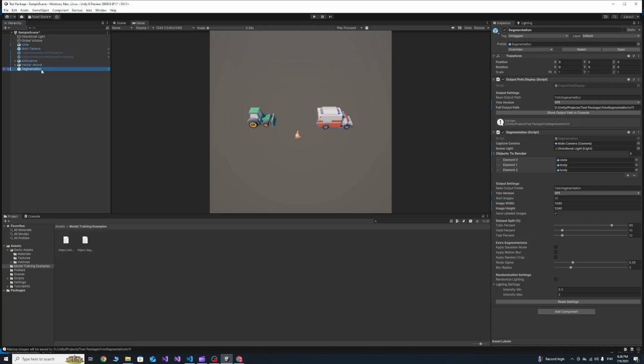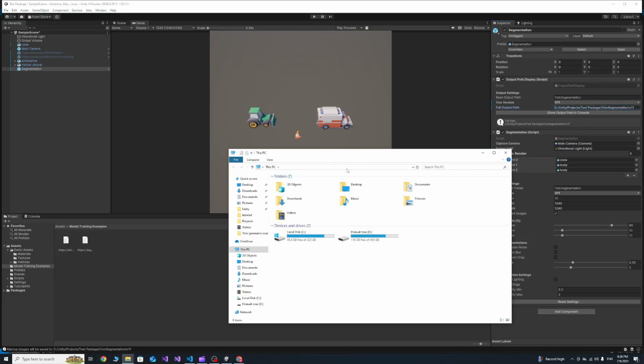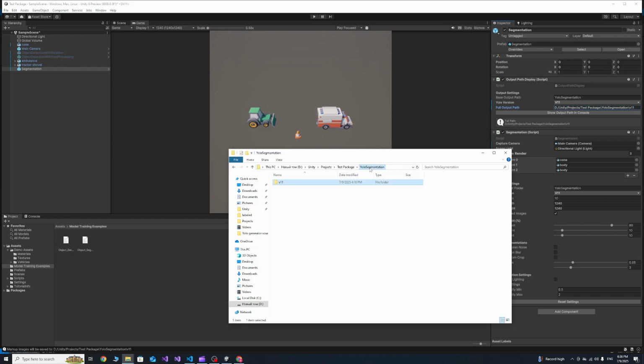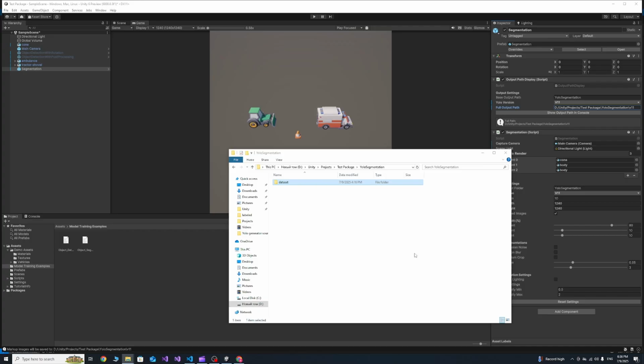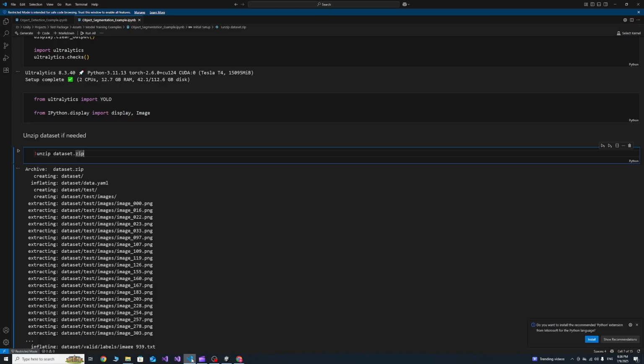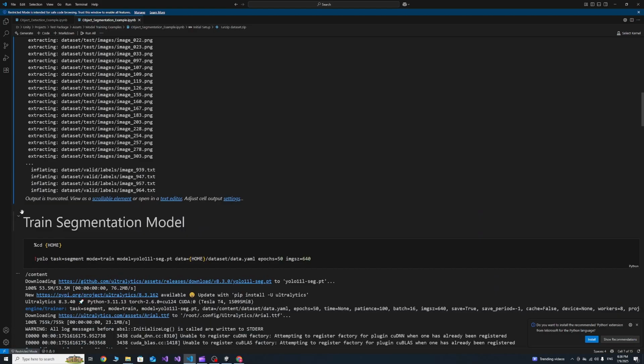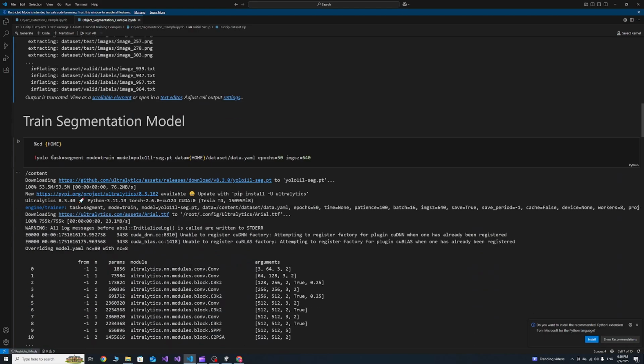So we can go here, copy the path, open it, and rename it to the dataset, and make an archive. And then we can upload this archive directly to the Colab environment and unzip it here from the Python script. Then we train the model, but now we select the segment task instead of detection task,